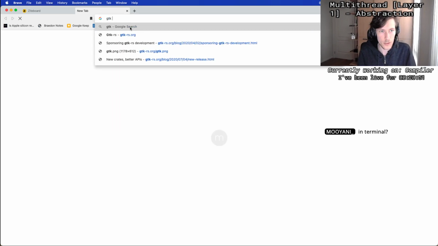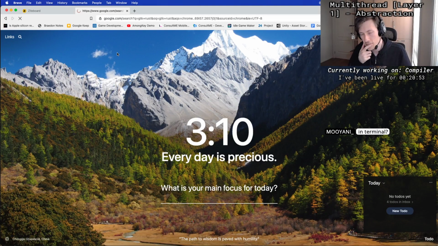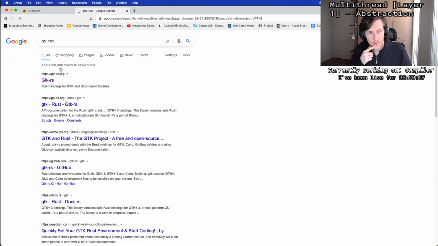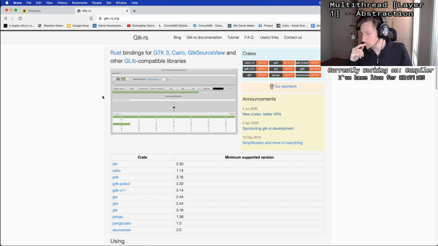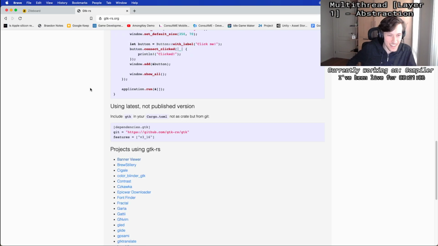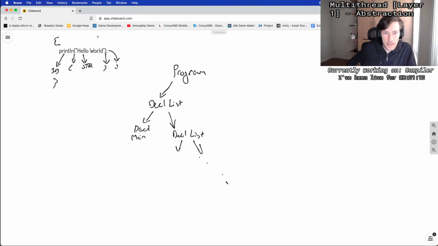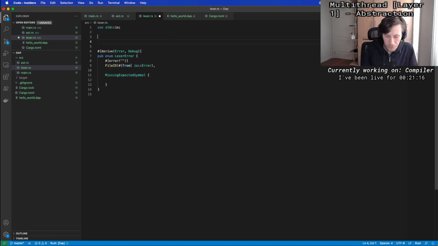So for example, if you want to do a UI in Rust, you basically end up using something like GTK. And the problem with GTK is that it's effectively very old, which means your UI is not going to look particularly recent. It's fine, but it definitely does have more of an old feel to it. But I would say terminal would be fine. The main issue with it is that